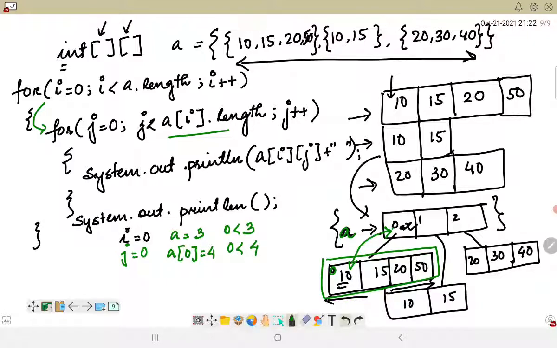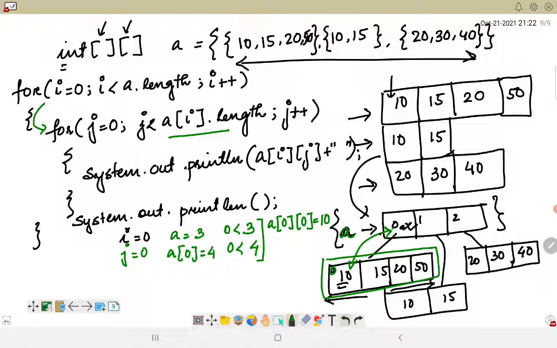So it will print what? It will print basically A of 0, 0. So A of 0, 0 is 10, so it will print the value 10.